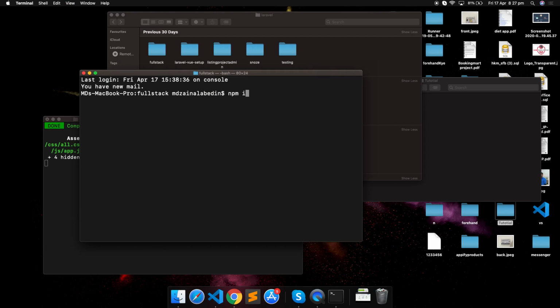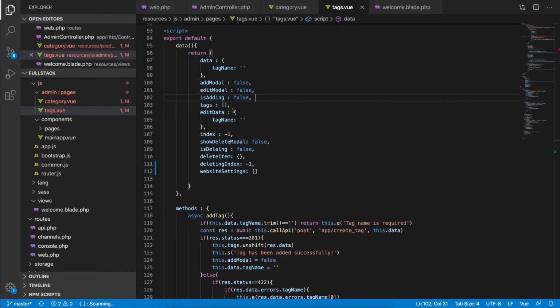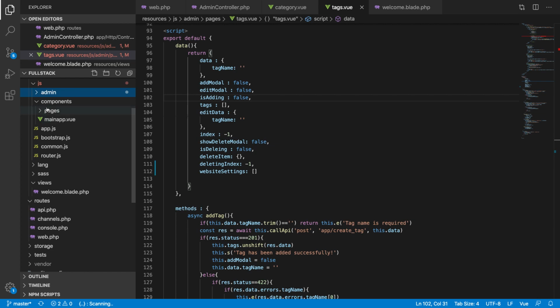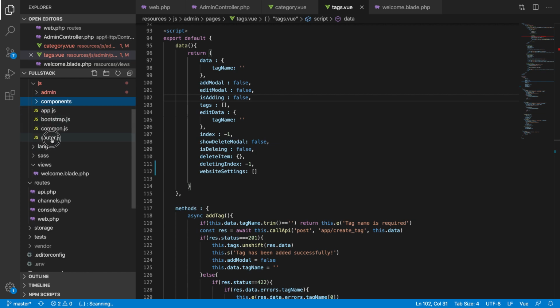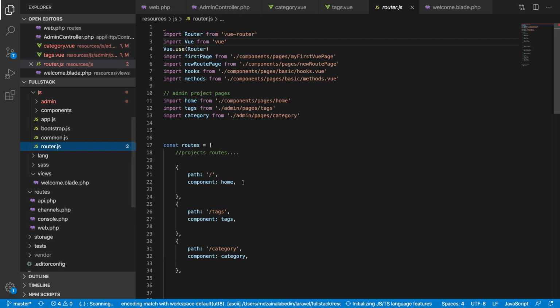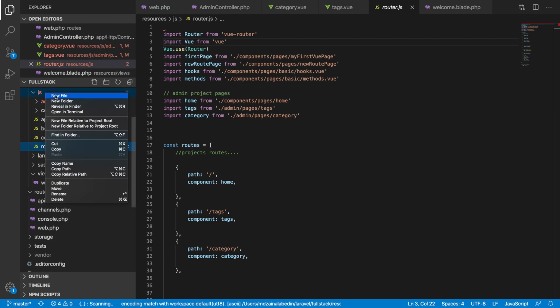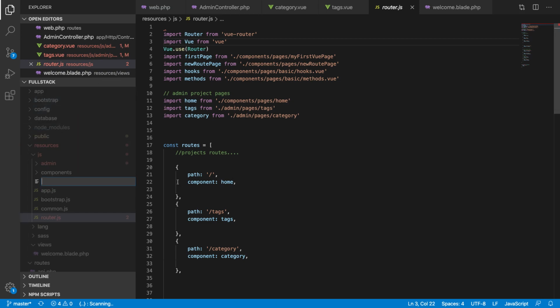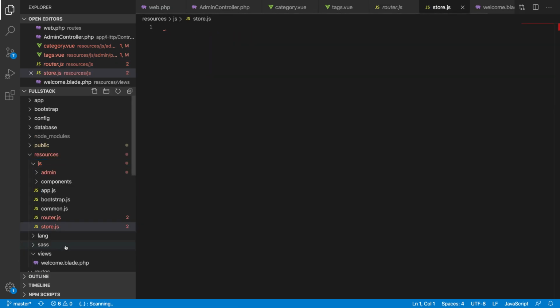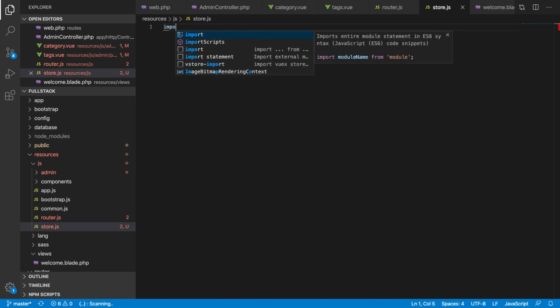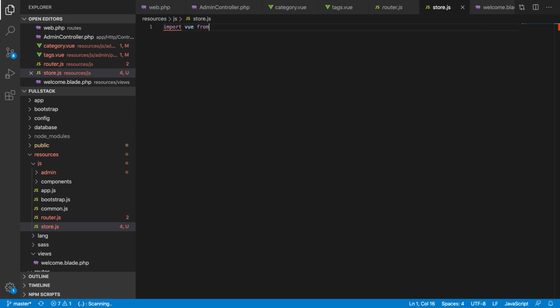So let's go ahead and do npm install. Sorry, you don't need to do that. Vuex. And here we will again use the store outside, similarly to how we did for route. So we will do something like store.js. So it's a plain JavaScript file,